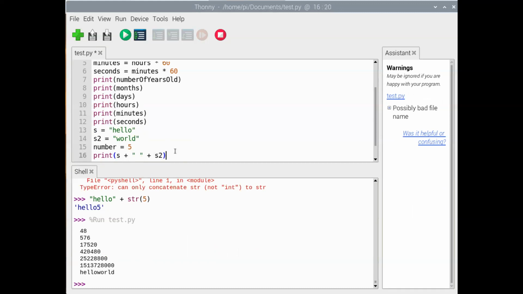This is a better example because we don't necessarily know what's in those variables. Variables resolve to their value. So this is whatever S is. S is the string hello. This is whatever S2 is. S2 is the string world. So if I run it right now, I get hello world. But if I change hello up here to elephant, I don't have to change any of the other code. Now I'll get elephant world,